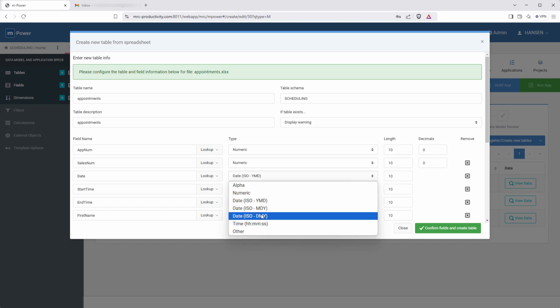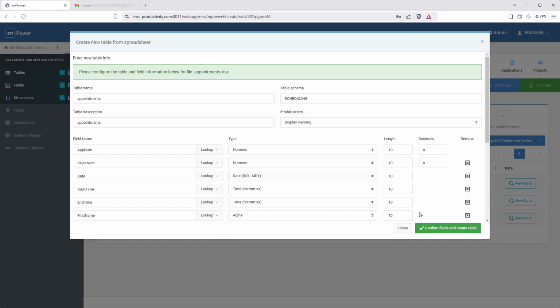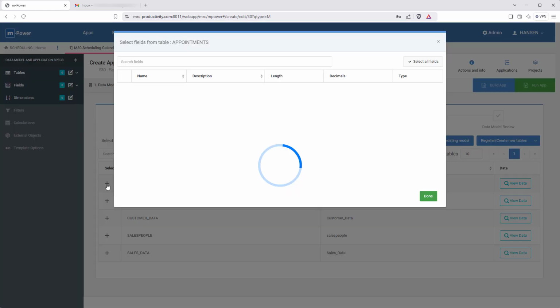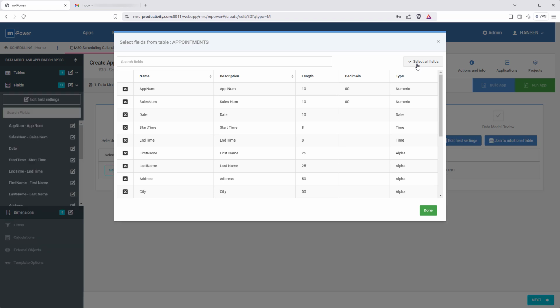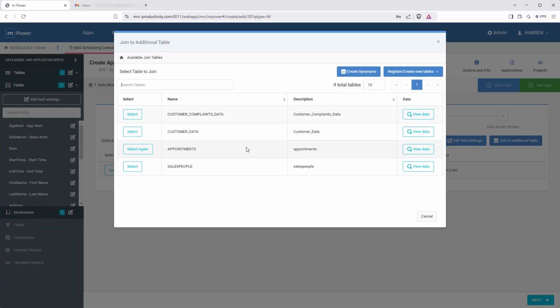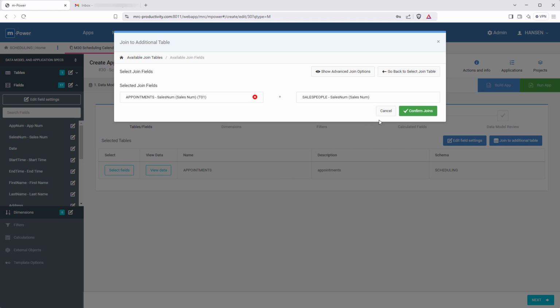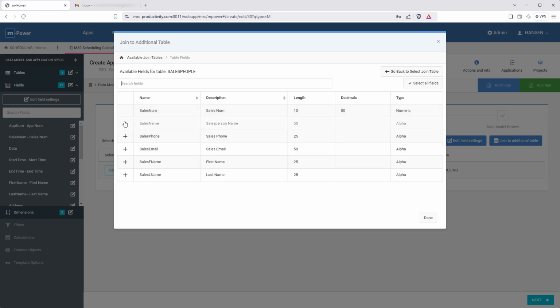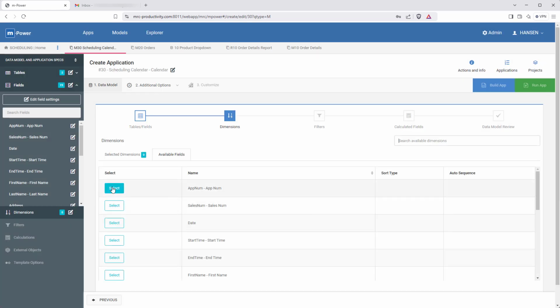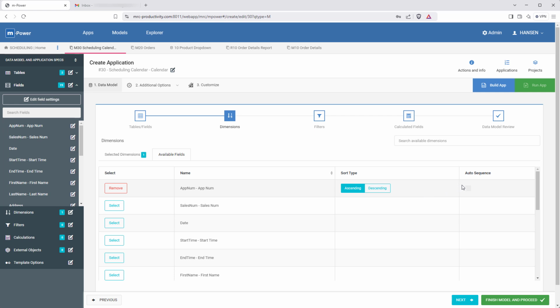It's a pretty simple process with Empower. Once I upload my spreadsheet, it identifies the fields and creates a table. Now I just need to select that table and choose all of the fields for my application. Now, one more thing. I already have a list of salespeople in a different database table. I want to pull some of that data out too. I'll just join those tables together real fast and pull out the name and email address since I'm going to need those fields later. Once I tell Empower how to sort this data, we're almost done.